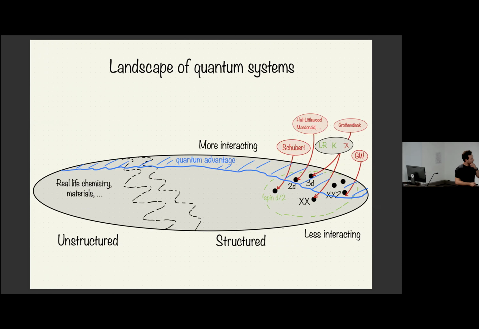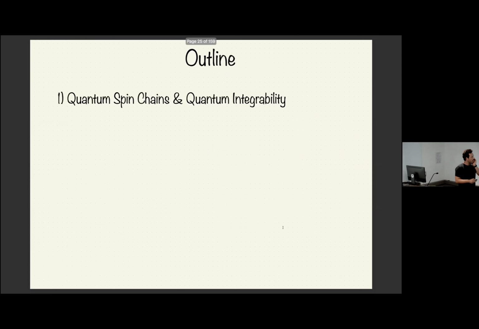Okay, so today I'm going to focus on this level here, characters, Kostka numbers, and Littlewood-Richardson coefficients. But there are a few other examples and many other examples. And you can see that these other examples become more interacting or more complex. And so if you fail to find quantum advantage in this case, it's quite considerable, but you could get these more interactive systems. Okay, so I'm going to get back to this picture by the end of the talk, but